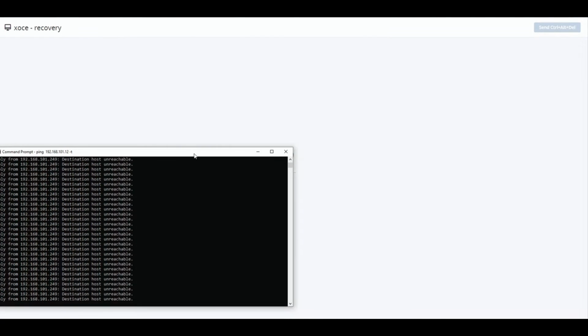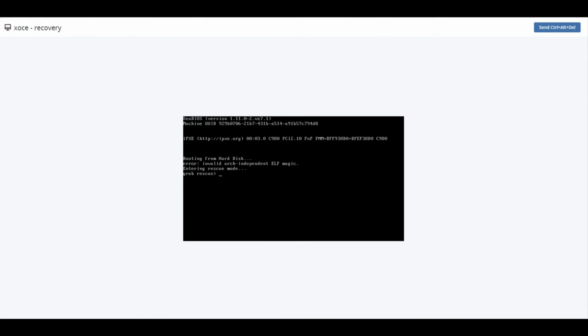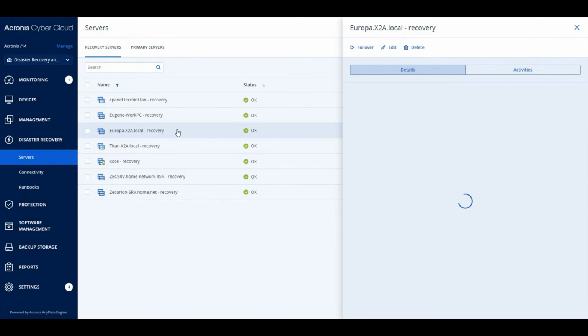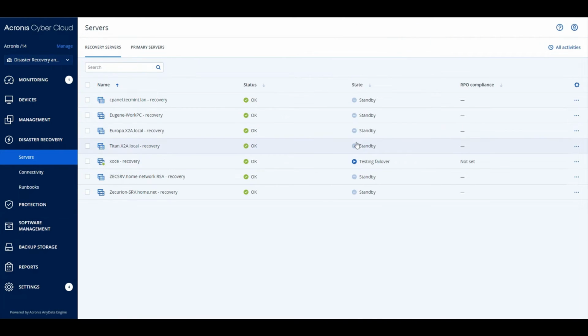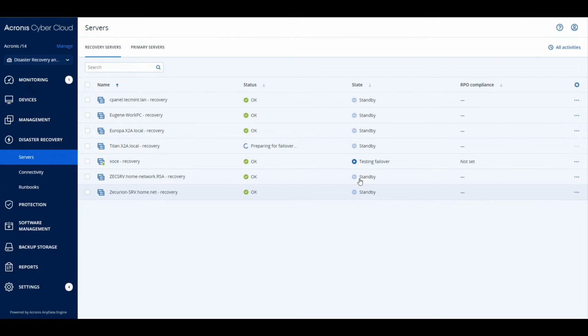We're starting up. As you can see, I know what I did. I deleted that backup data. So instead, let's go to one of these other servers and start that up. So as you can see, I get to choose which instance I'm wanting to start up. I can start that up,